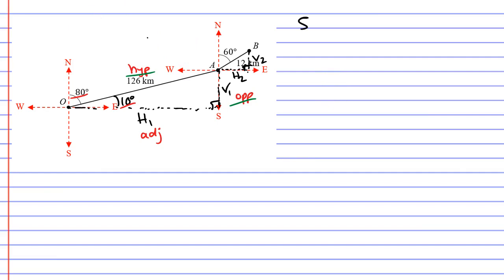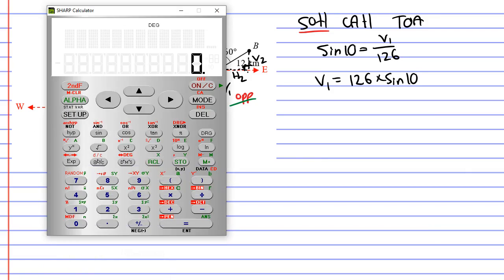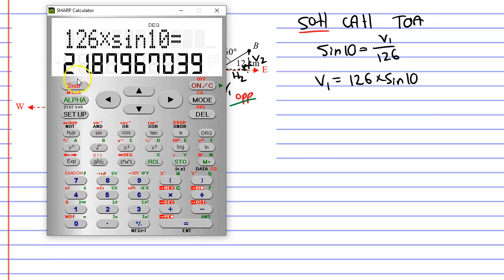Bringing up SOHCAHTOA, since we've got our opposite and hypotenuse, we're using the first 3 letters of our acronym. So we're using sine. And sine of 10 degrees will be opposite over hypotenuse, which is V1 over 126. V1 therefore will equal 126 times sine of 10. Bringing our calculator up, 126 times sine of 10 equals